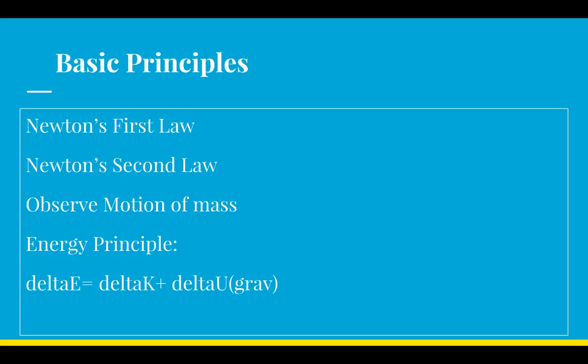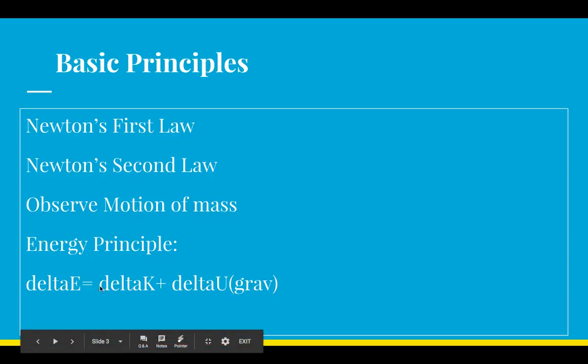When a soccer ball is kicked, the resulting motion of the ball is determined by Newton's laws of motion. From Newton's first law, we know that the moving ball will stay in motion in a straight line unless acted on by external forces. If we know the initial velocity and position, and we can determine the forces, then we can predict the flight path using Newton's laws. So for this lab, the basic principles were Newton's first law, Newton's second law, and the energy principle,